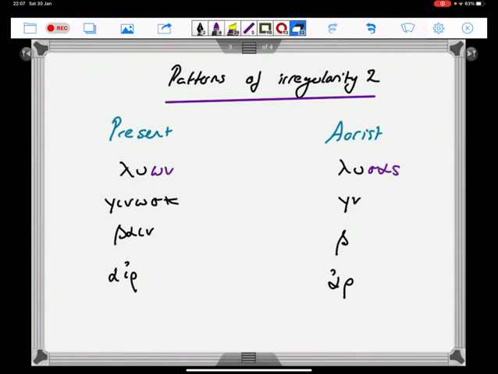The second set of patterns you're going to see are very similar to that. Ginoscone and binone go together. These are called root aorists. What that means is their aorists are actually reduced versions that work on a really short stem and do slightly different things to all other verbs. So you will need to know ginosko and binote very carefully. You'll notice that sigma kappa in there again. That process marker is there, so you know right from the very start that you're going to end up having to lose that. What then happens is you get gnus, genitive gnonta,